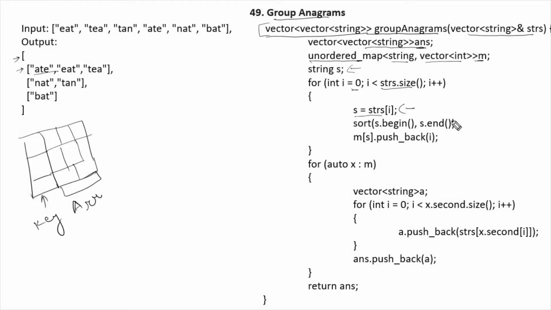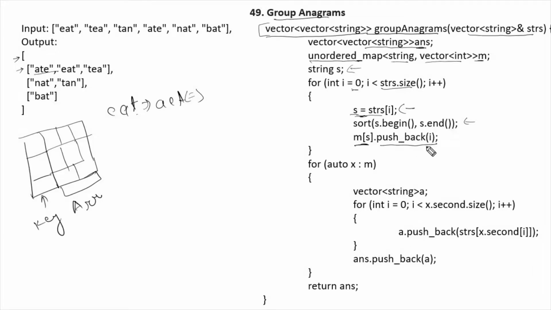So I am taking each string in a variable s and I'm sorting that string. Like when we got EAT, the sorted string will be AET. So this is s, and we'll push this into the map with the original string.